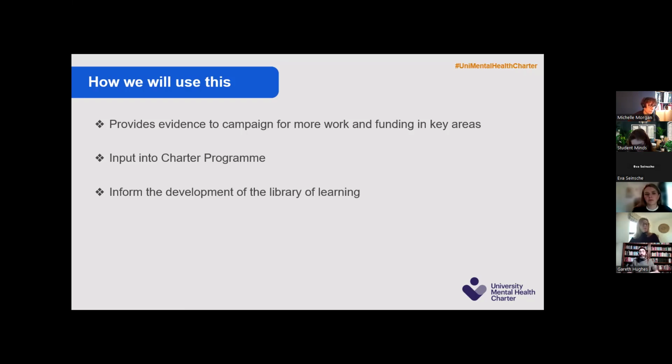Over time, what we'll do is structure it by theme as it gets bigger and we've got enough resource, and it will have a pedagogical structure to it, so that you could almost use it as a static resource to educate yourself from not really knowing anything about the subject to being quite well informed by the time you've worked through all of it, so that there's a big resource that we can point people towards, either individual parts of it or the whole thing. So again, there's more resource there and more available to guide universities in what they need to do.